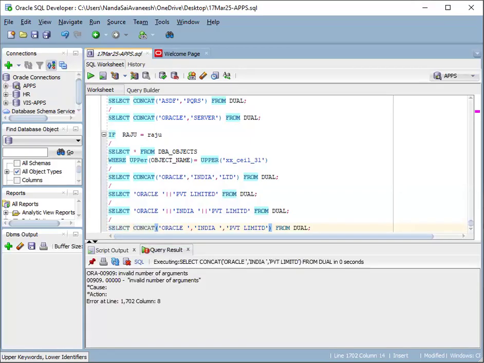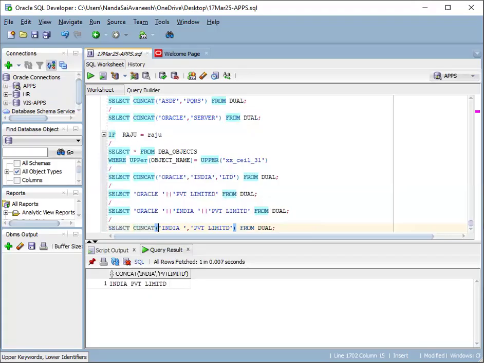Three strings I have given, so it is throwing the error. It will accept only two strings in the concatenate function, so like this it will work. But if you want to concatenate more than two strings, then you have to use this pipe symbol. Okay, Oracle